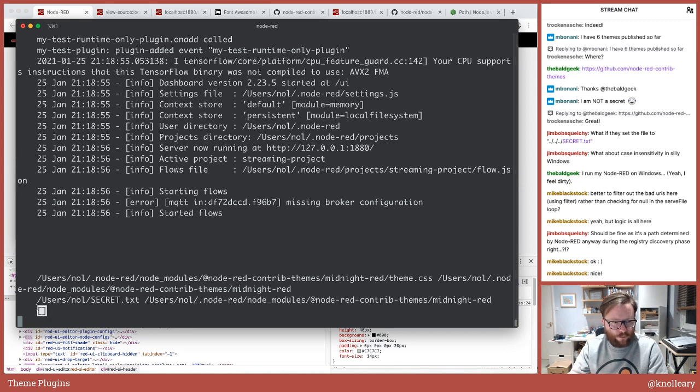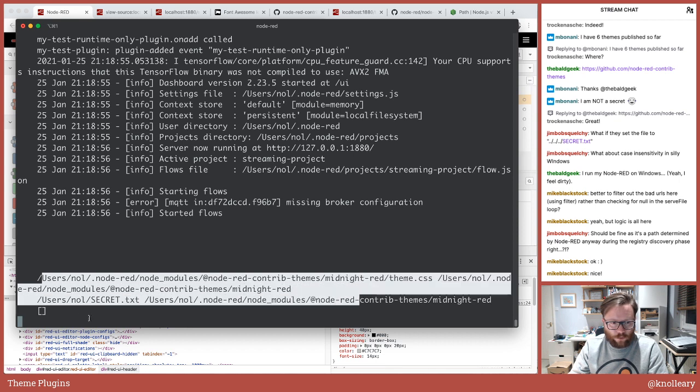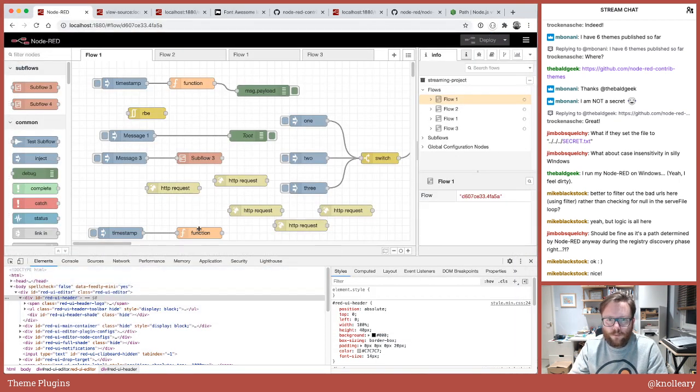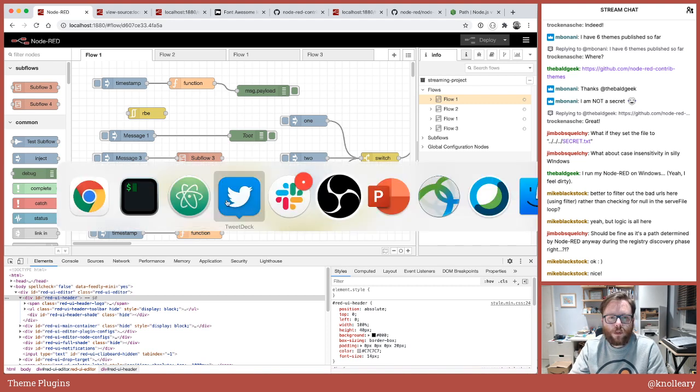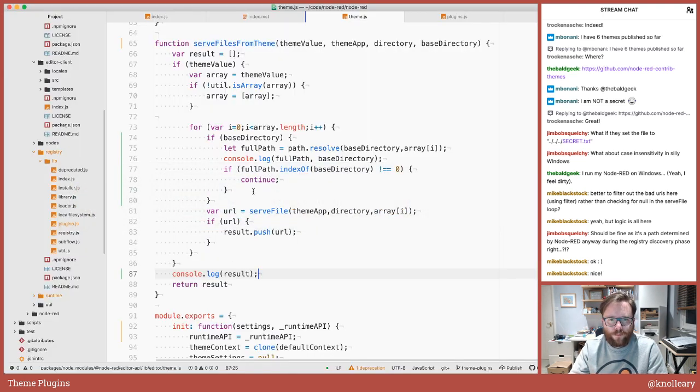Okay, I've mucked it up somehow. So you can see it's checked both files, but it's returning an empty array. What have I done wrong? I'm saying if full path